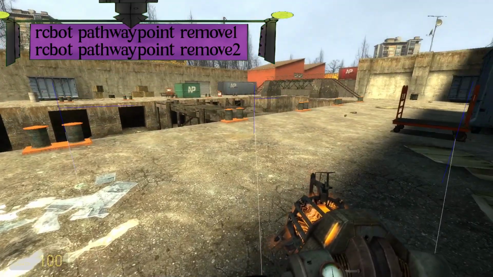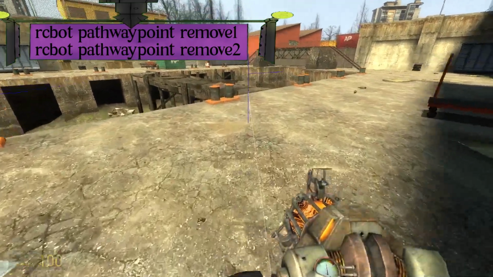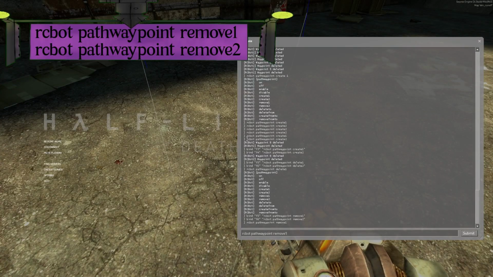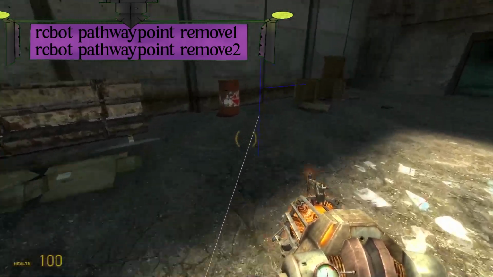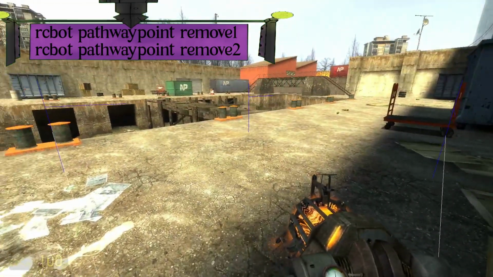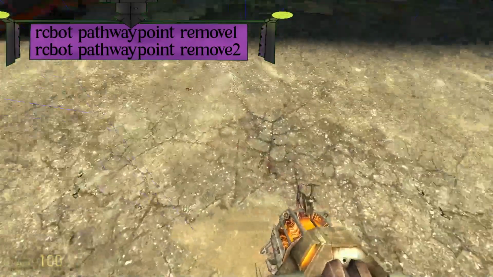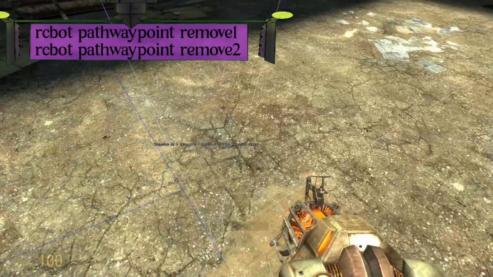Let's say I want to remove the one that is in angle. So I go to the next flag. I type the same thing, but instead of 1, I type 2. So now, this specific waypoint isn't connected to that other one. If you want to do the same thing back, you have to retype remove 1 to this one, and 2